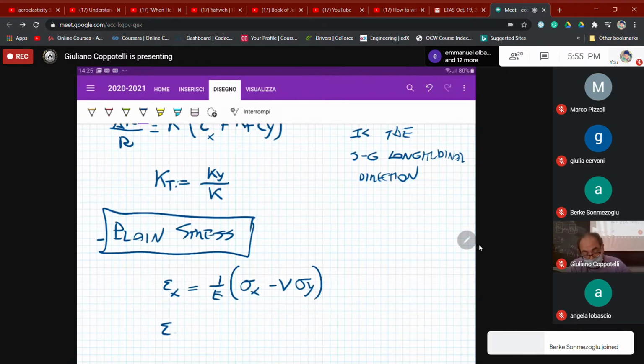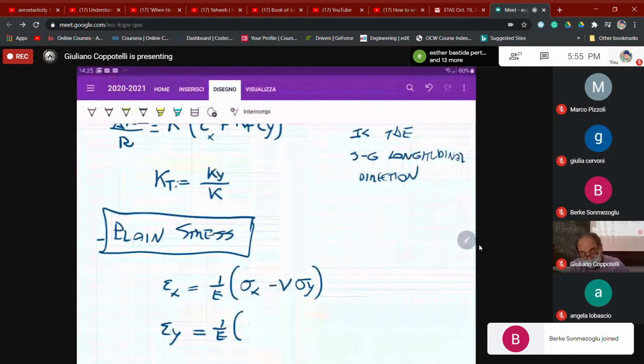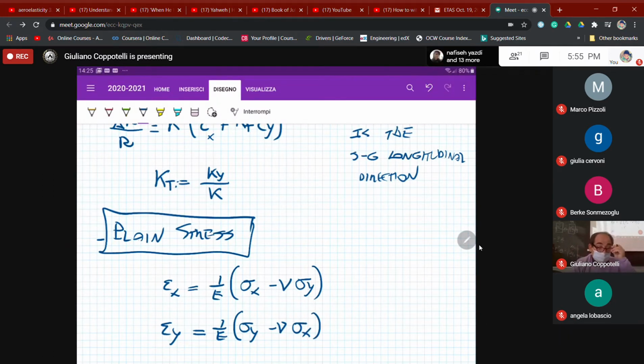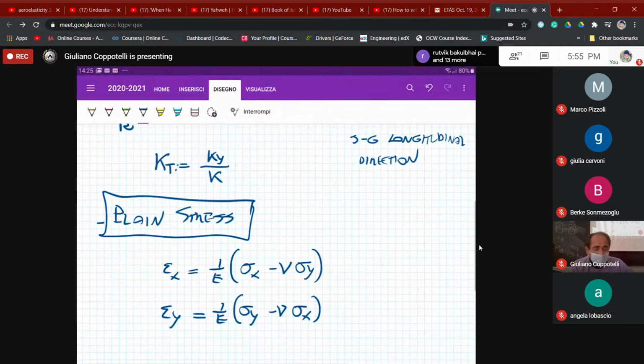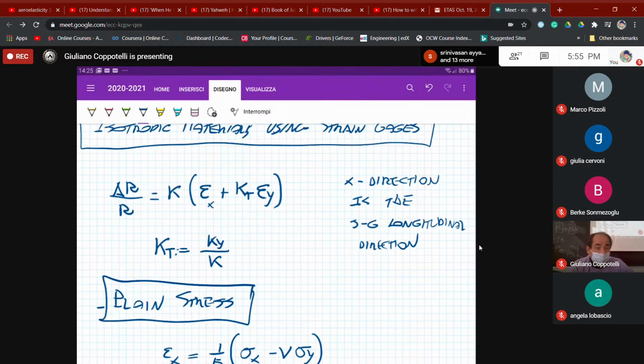And as well, epsilon y is 1 over E times sigma y minus nu sigma x, in which sigma x and sigma y are the normal stresses, x in the longitudinal direction for the strain gauge, and y in the transverse direction. Now, if we put this information into the expression that is giving us the relative change of resistance, then